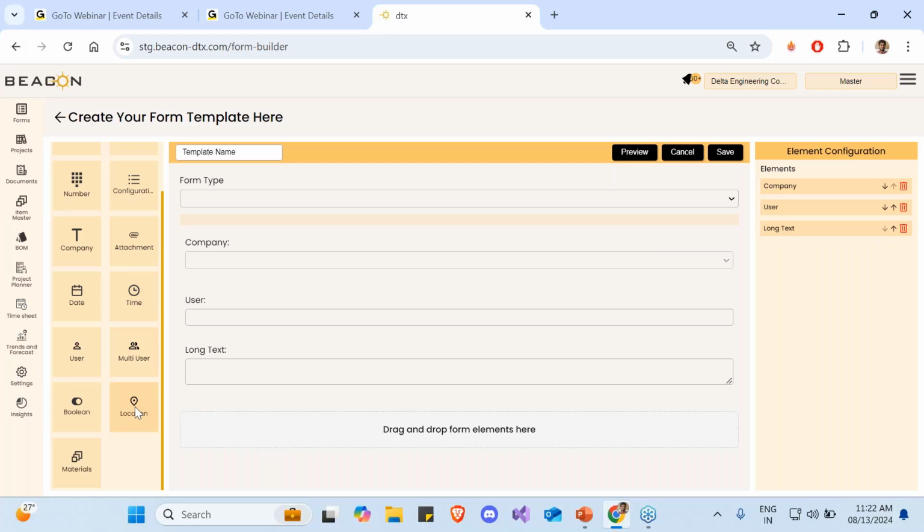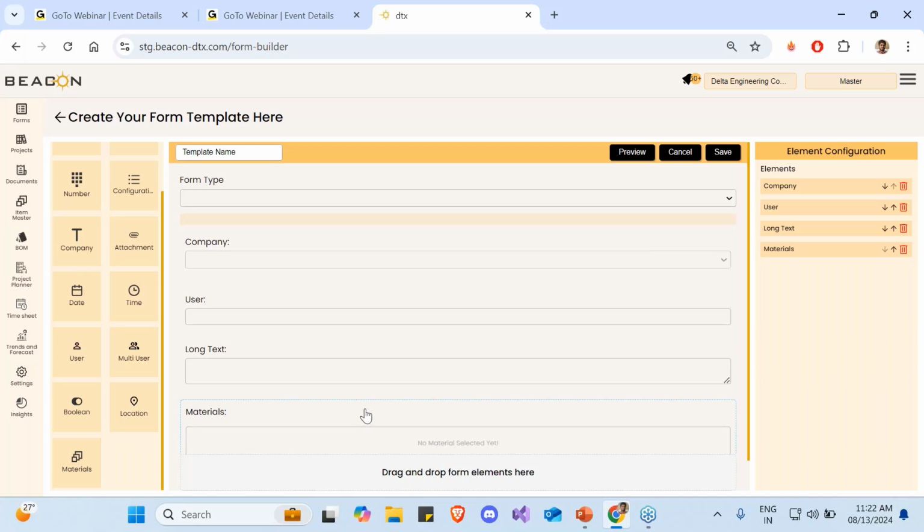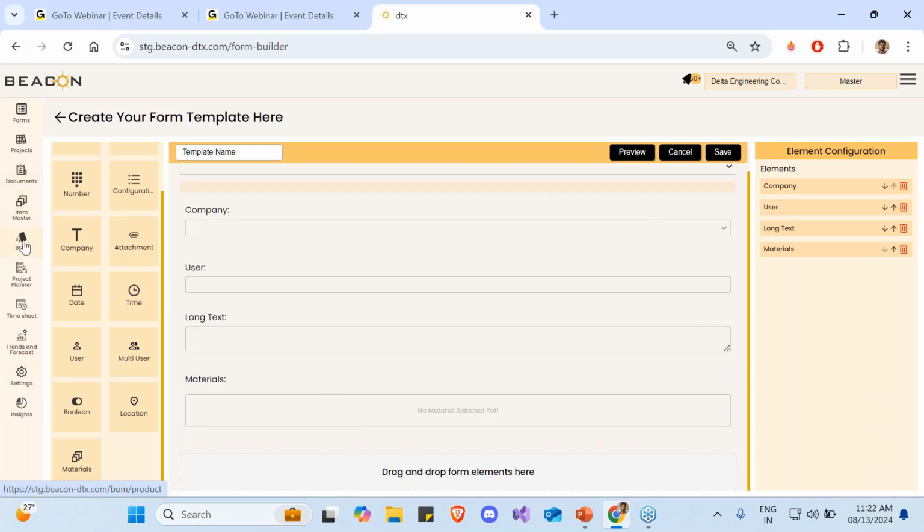In such cases, where you want to attach your materials, we have the material section. This comes from the area where we have item master and BOM, where we are storing our materials data. It could be something that you're storing within DTX, or something that is coming from the ERP system or wherever your current item master is being stored. So we can make a link with the DTX item master and show them here, so that when you're sharing or we are getting requirements, you can attach those materials as properties so that you can come to know which material it is about.